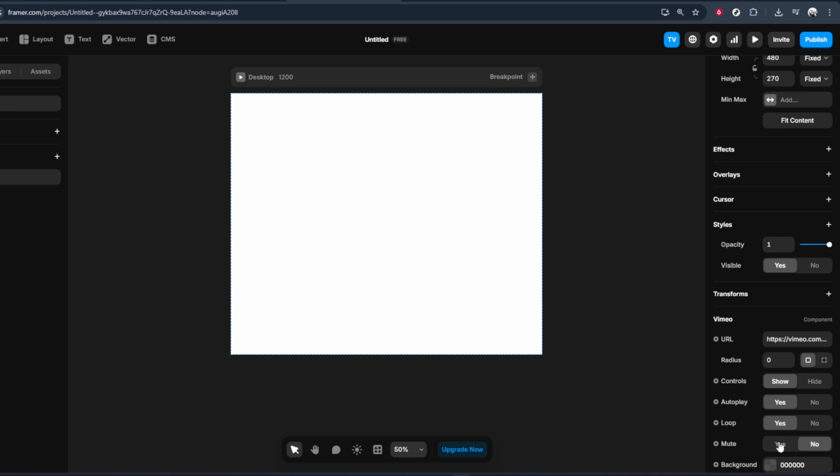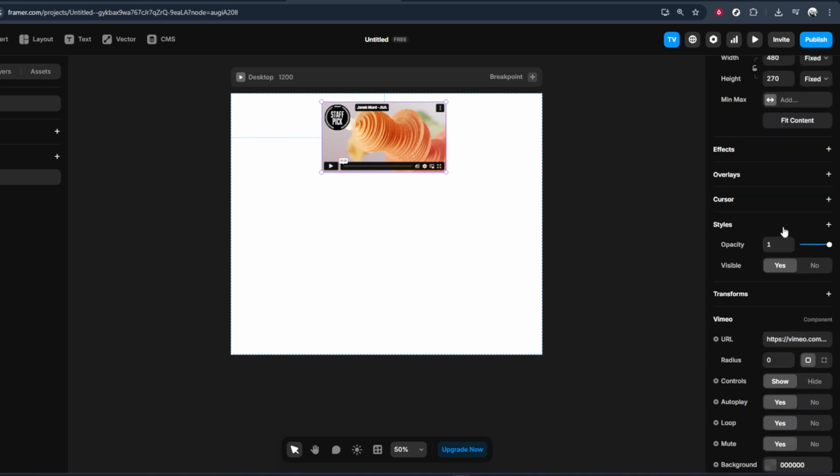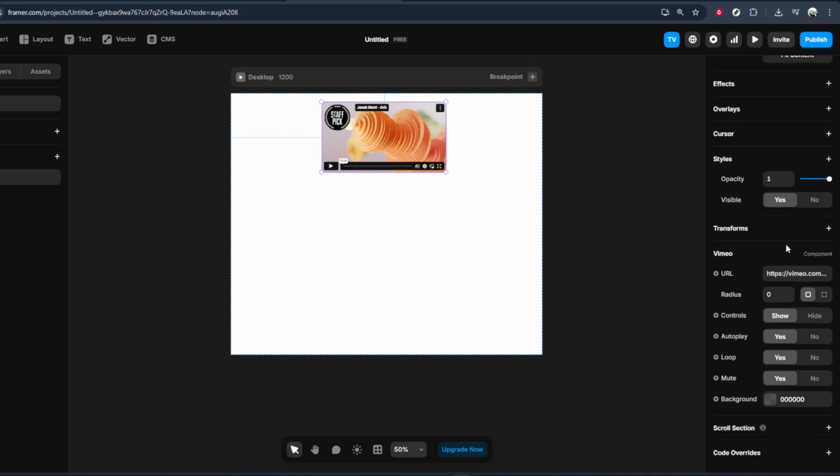After dropping it, you can resize the Vimeo element by dragging its corners, just like you would with any other frame or component, to match the layout you have in mind. With the Vimeo element selected, it's time to customize the settings. On the right side of the screen, you'll see the Properties panel, where you can paste your Vimeo video URL, adjust the width and height, and tweak behavior like autoplay, looping, or showing controls, depending on what options are available. Take a moment to make sure the video link is correct and that the